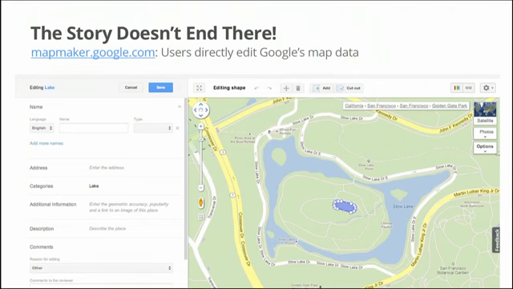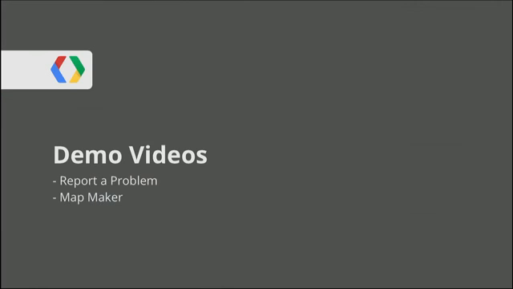If you want to go a step beyond reporting a problem, you can actually fix the data directly yourself. We offer a product called Google MapMaker, mapmaker.google.com. It lets you directly edit the map data. It's kind of like the tool Atlas that Andrew has been demonstrating, but for the web. It's a web-based map editor. And when you submit edits on MapMaker, they go through a moderation system. So we, or a trusted external user, actually validates the edit that you suggest and confirms whether it conforms to all of our policies. So we're going to demo that a little bit.